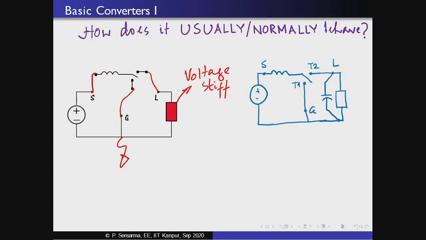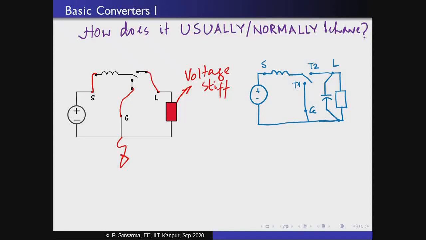Now, usually when we use the words usually and normally, inherently, without knowing, kind of inside us, we tend to refer to the steady state behavior of a particular engineering entity. So, basically we are trying to find out in steady state how these converters work. Now, one thing is for sure, the voltage source will have to have a voltage, and the switch